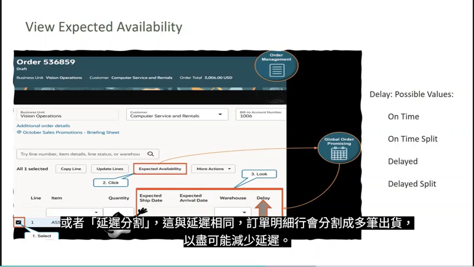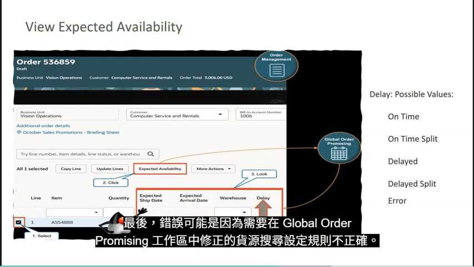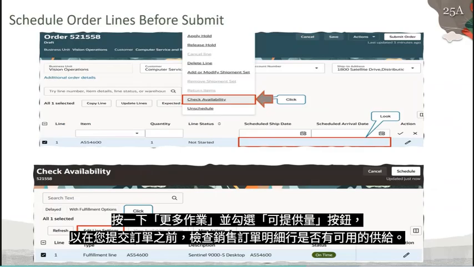You must set up sourcing rules for order management to utilize this feature. Global Order Promising uses sourcing rules, assignments, and available to promise rules when it determines the availability and schedules an order line in order management. You cannot select a line that is not shippable, such as a coverage item. While on the Check Availability page, click on More Actions, Availability Details option to view line details, including the pegging type. The users should be assigned job roles having the following privileges: schedule, orchestrate,